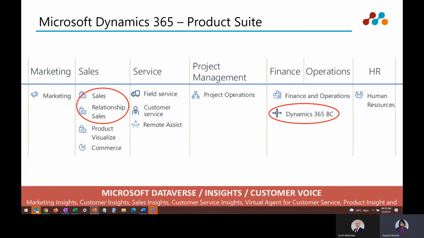The Microsoft Dynamics 365 product suite has many different modules. As you can see here: marketing, sales, service, project management, finance and operations, and HR. Their database resides on the Dataverse platform, where you will be able to connect applications with each other on the same platform.